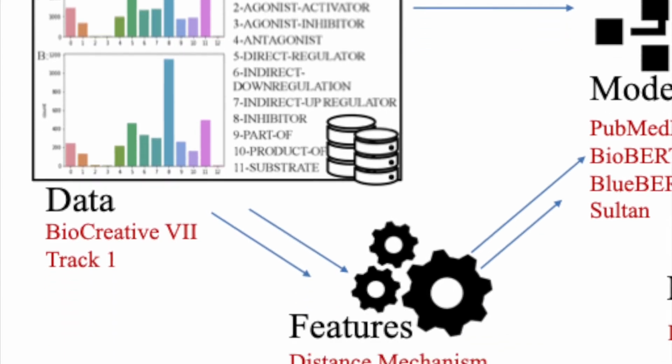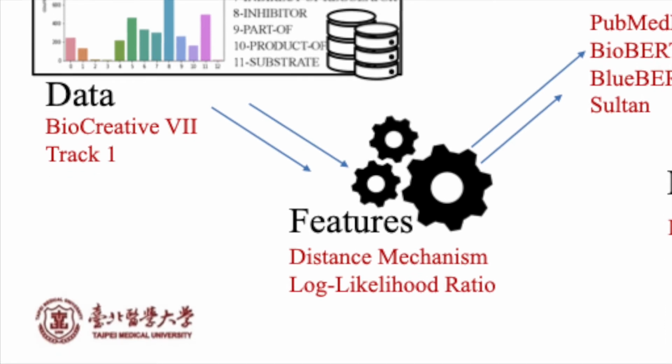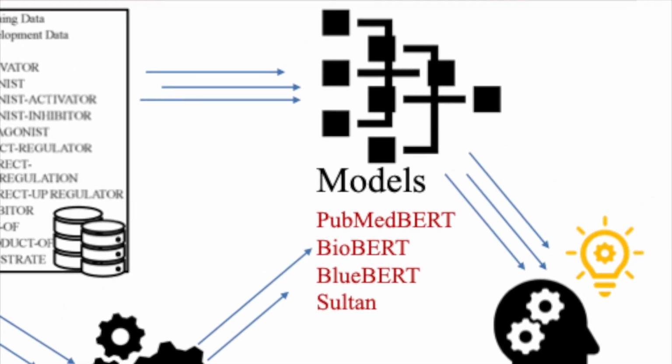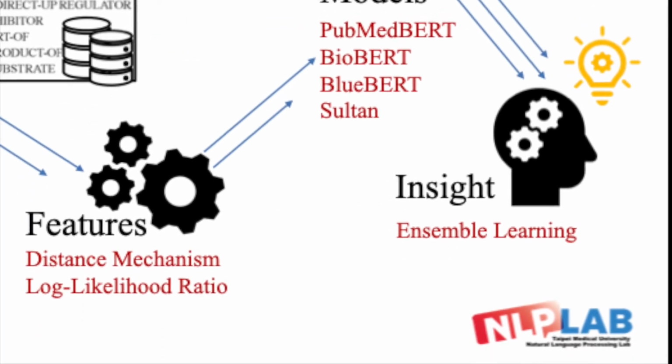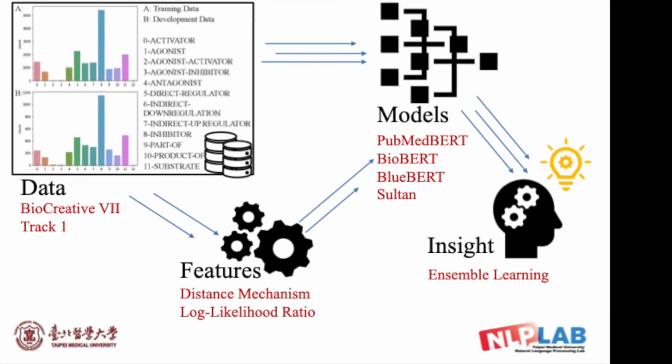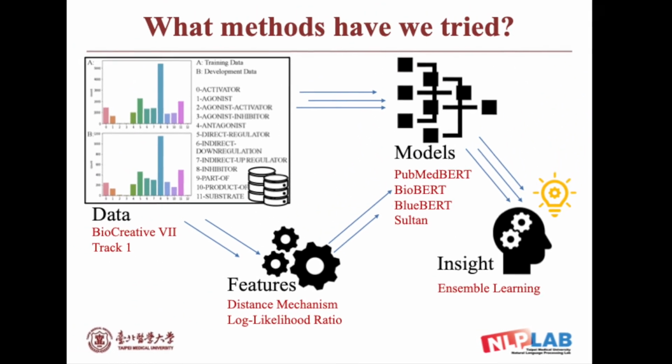Then, we constructed the distance mechanism and LLR-based trigger word weighting counter as the feature engineering method. For our implementation, we applied BERT with biomedical language representation to develop the relation extraction model. Finally, for each submission we evaluated the results and adopted the predictions of 3 or more models through a voting mechanism to reach